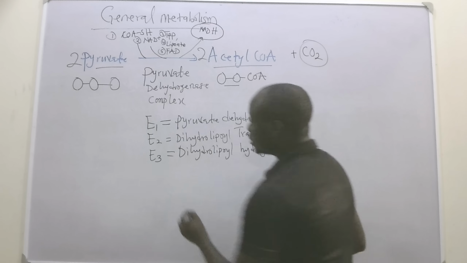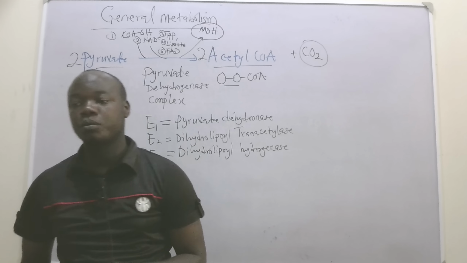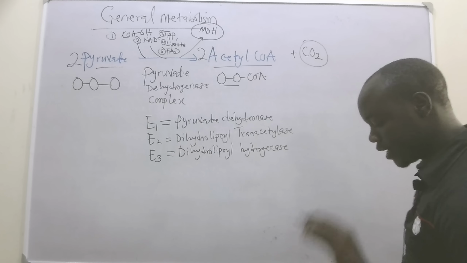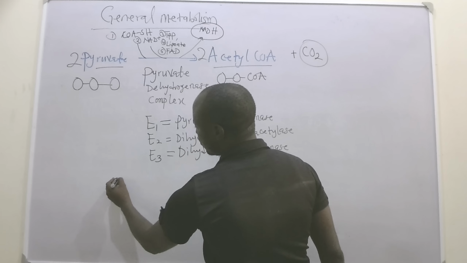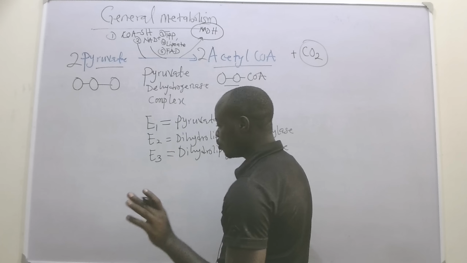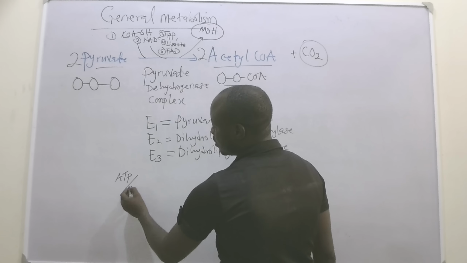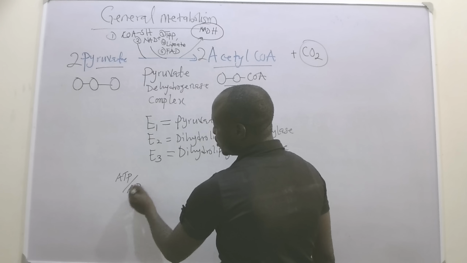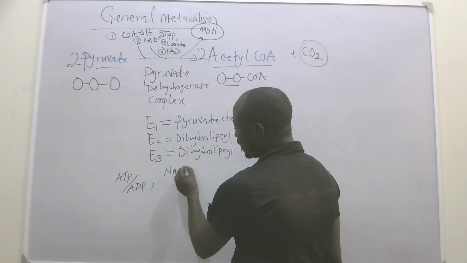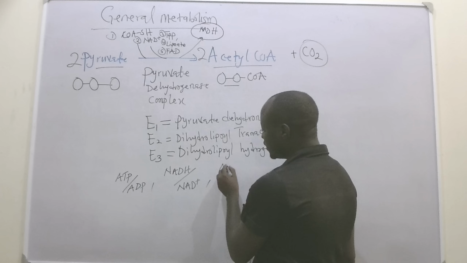So this step is also one of the major regulatory points in terms of metabolic regulation. You can regulate cellular respiration at this level. For example, this pyruvate dehydrogenase enzyme complex can be inhibited when you have an increase in the following ratios: when the ATP to ADP ratio is high, or when the NADH to NAD plus ratio is high, or